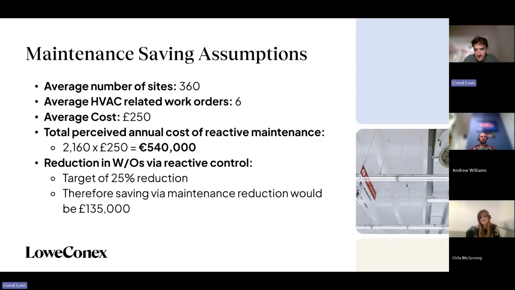I'm going to throw you a bit of a curveball here and say, on the energy side, it's much easier to build a business case. On maintenance, it can be a wee bit more tricky, because sometimes that data in some estates will be hard to come by. If they don't have the CAFM, or they don't have the right process around maintenance, it can be a bit blurrier. But where they have that data, it really comes back to understanding, not leaving yourself blind to your maintenance processes. And that's where we come in to help inform that intelligence around what's going on with the assets, what things are being raised, how much is going to the CAFM, and how much you're spending on your maintenance